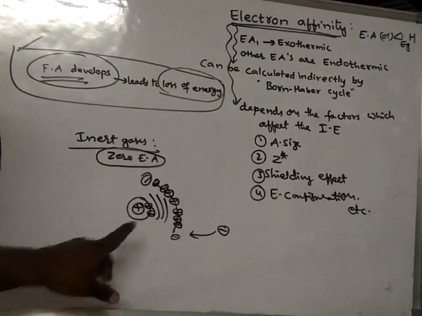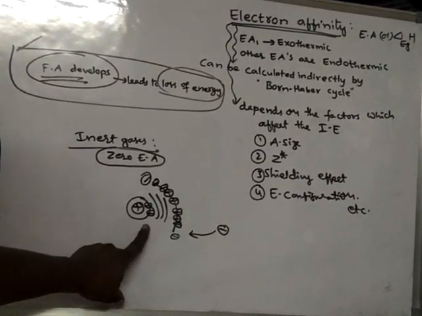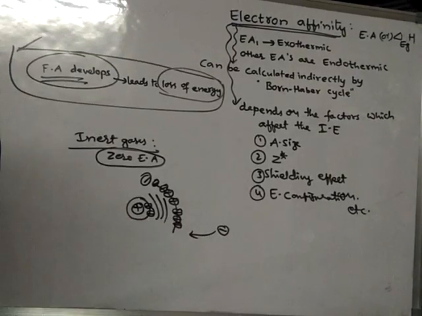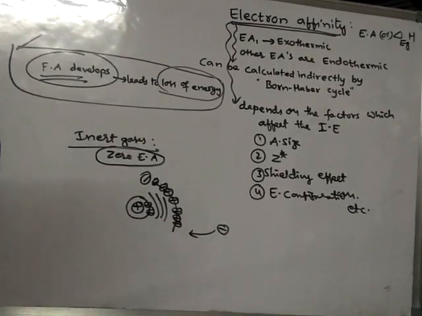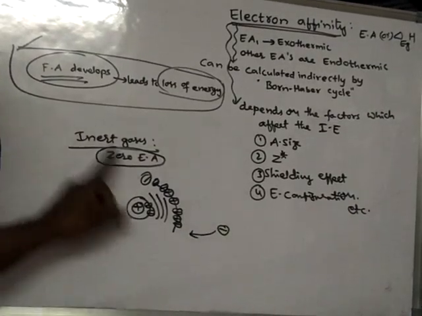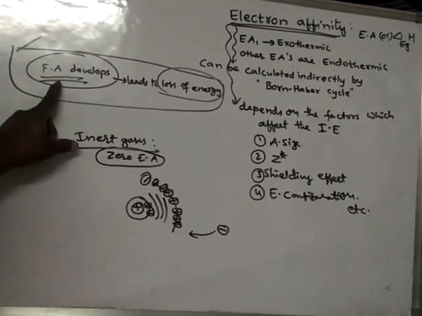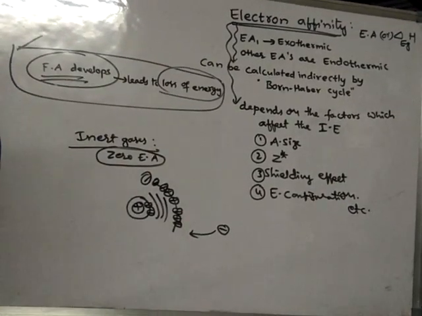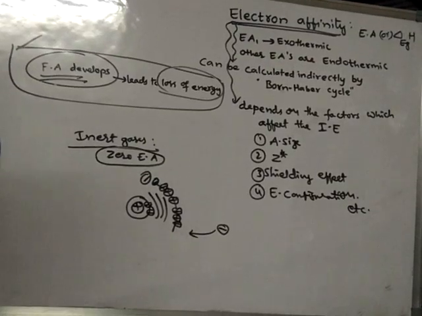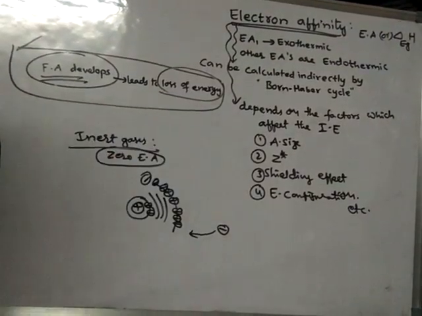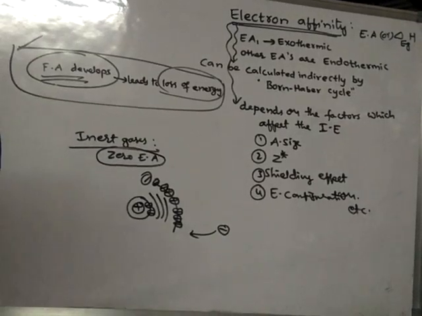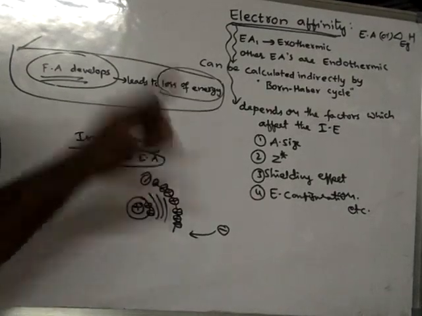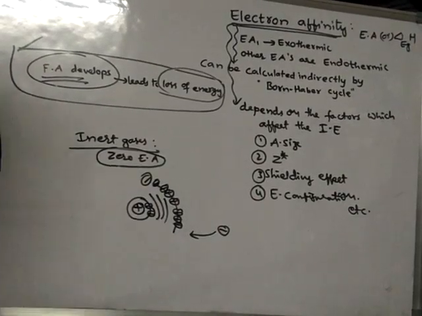Okay, because these atoms of inert gases are already stable, they do not like to take one extra electron into their atoms. If they do not take an electron, then there won't be any force of attraction developed between the nucleus and the other electron. So when there is no development of force of attraction, there won't be any loss of energy by that atom. Hence zero loss of energy. That is why inert gases possess zero electron affinity. Right.